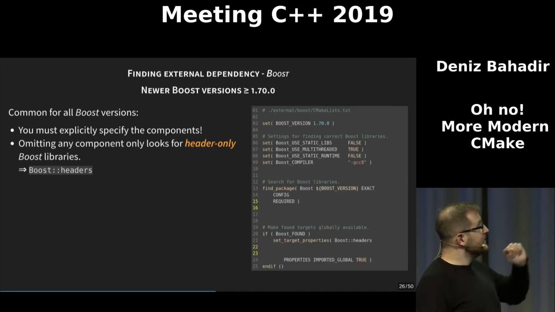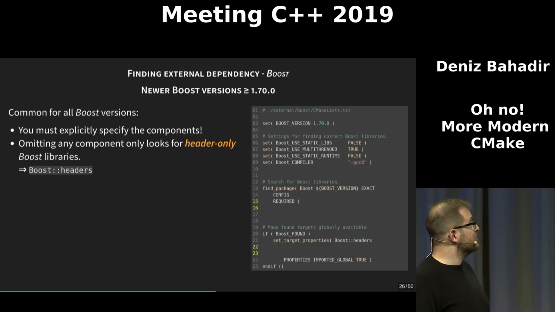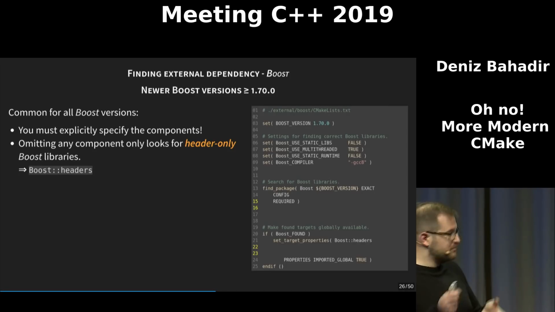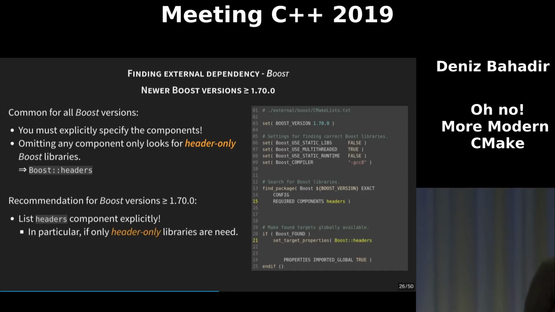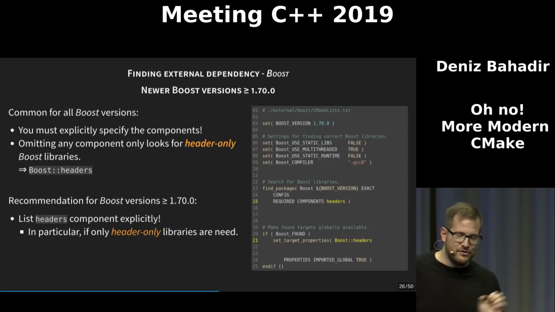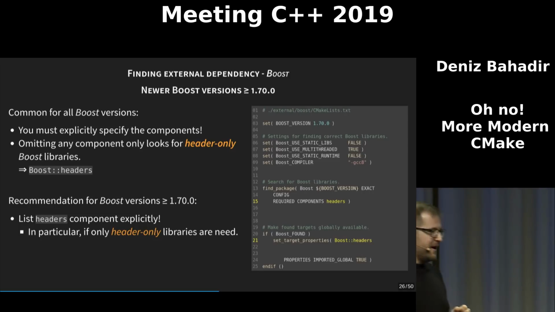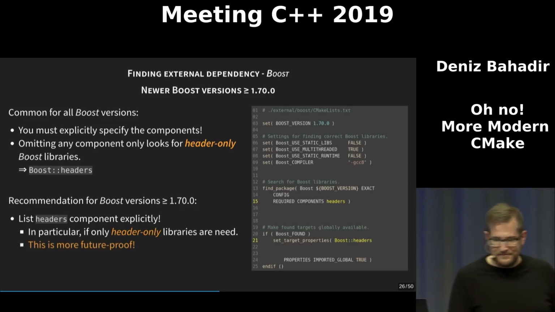For the header-only stuff, you didn't have to put anything in the components part of the find_package command. You could just call it without anything, and you get the Boost headers target for free, and that's all the header-only files. But I recommend that you start adding the headers component there, even if you're just looking for the headers, because you're more explicit. And maybe in the future, this is currently debated, there will